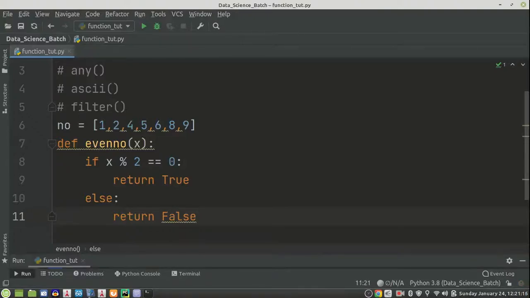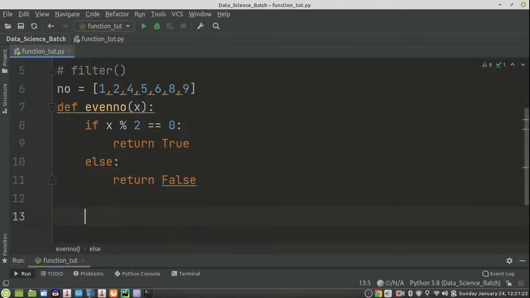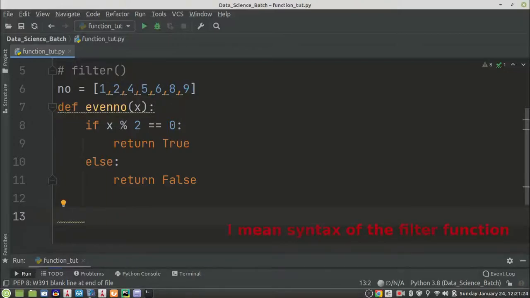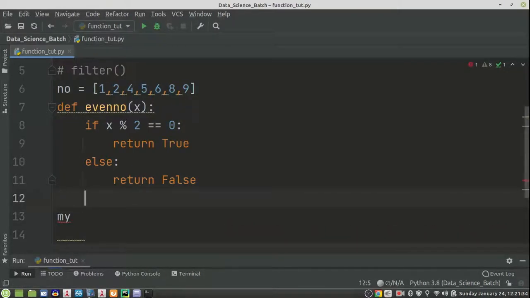Now it's time to see the logic of the filter function. So I write my even equals to filter function. Now the filter function requires 2 arguments.